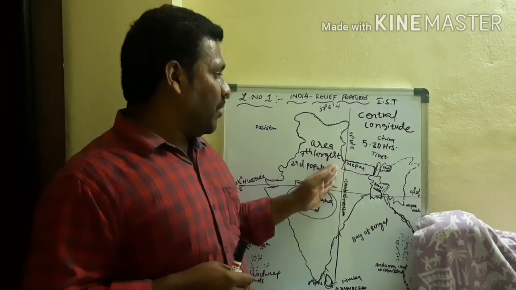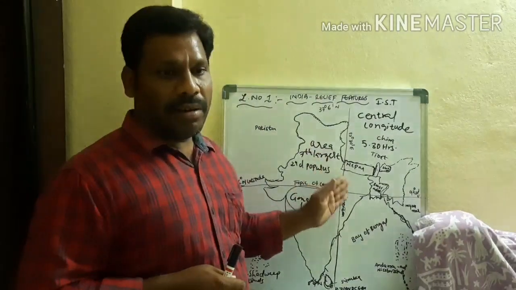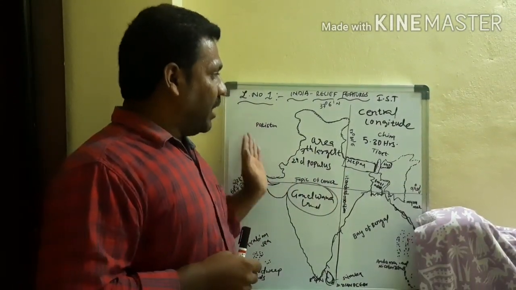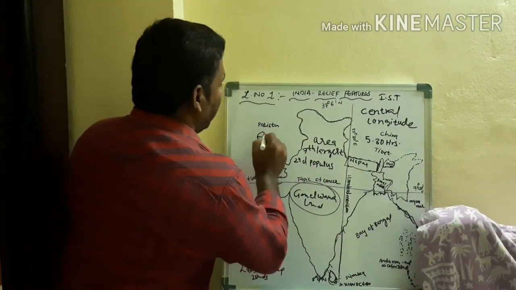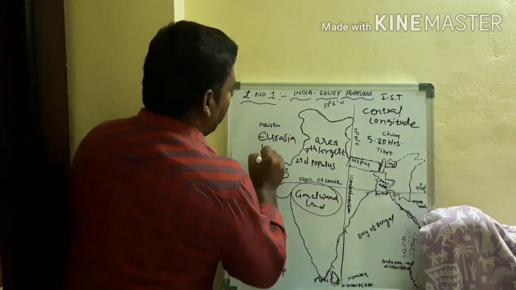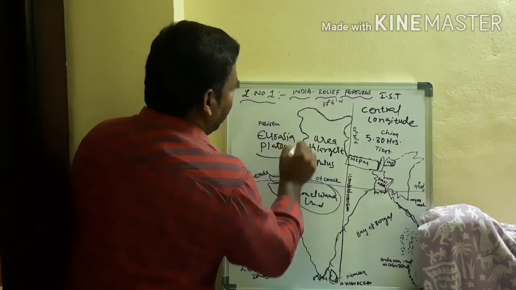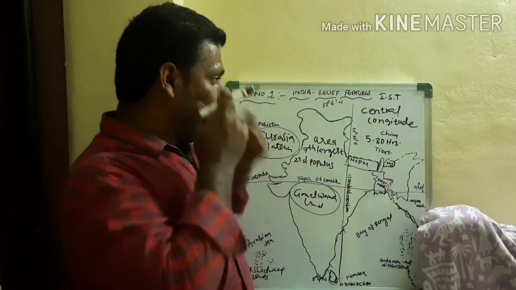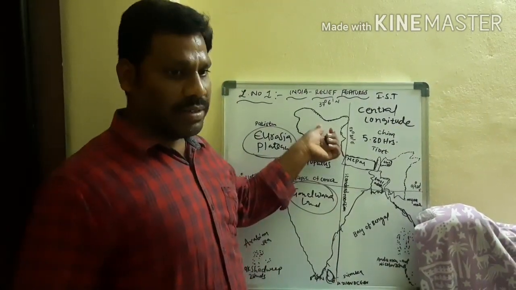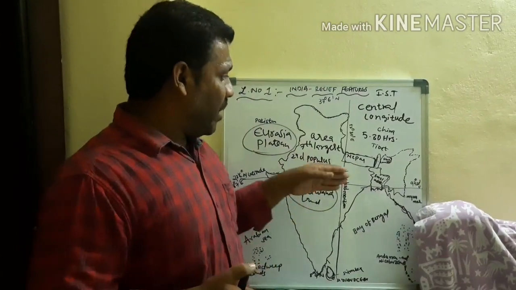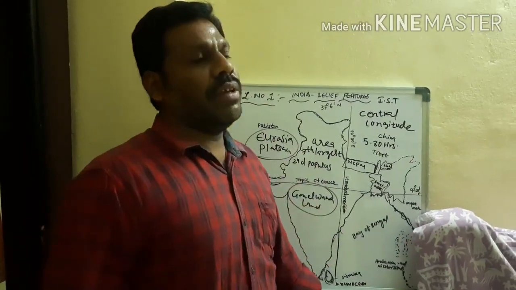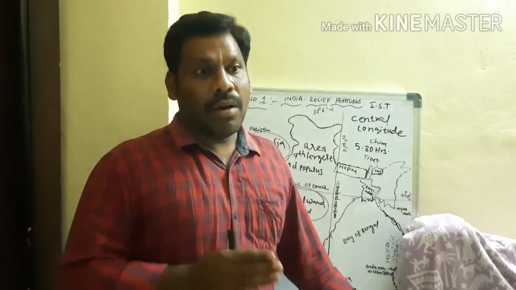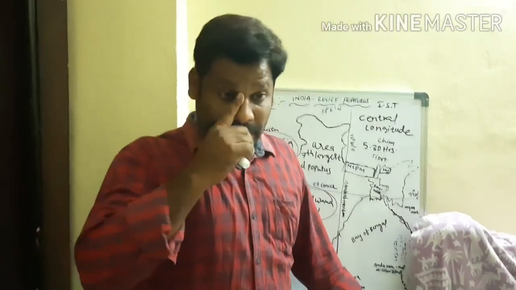The Peninsular Plateau, which is the part of Gondwana, moved to the northeast part and collided with the Eurasian Plateau. Collided with where? Eurasian Plateau. Later it merged, and over 200 million years ago the Himalayas were formed for us. Like this, with the immense collision and compression of rocks, the northern part of India, the Indus Ganges plains or northern plains, which are very fertile in our country, was formed.